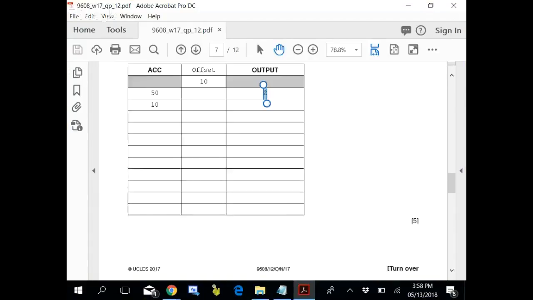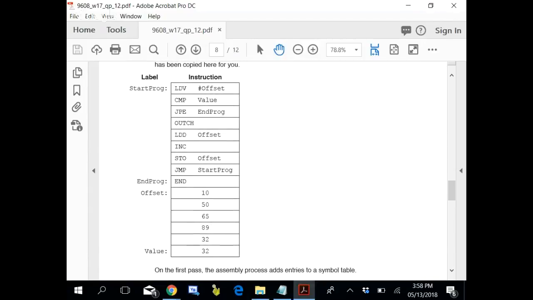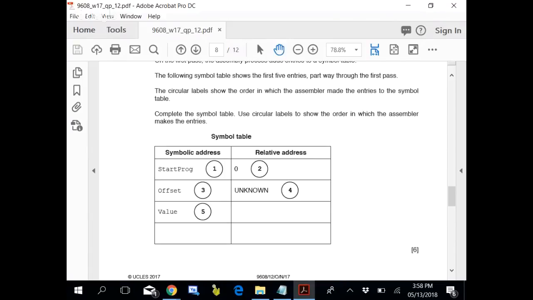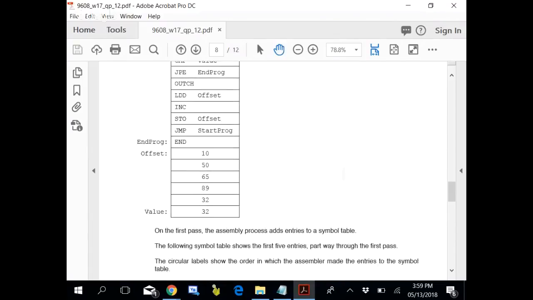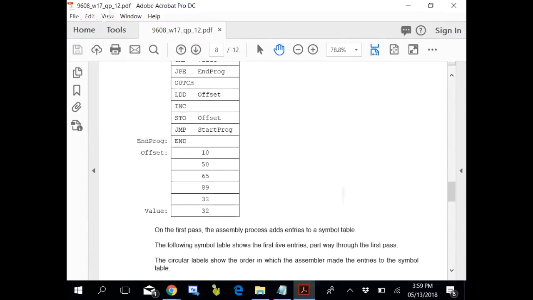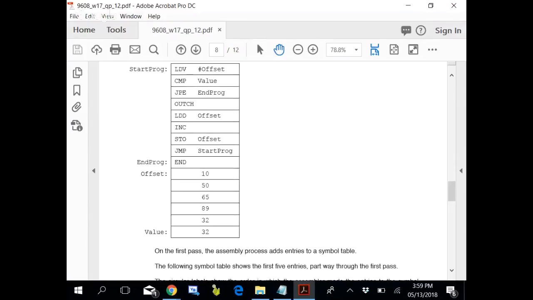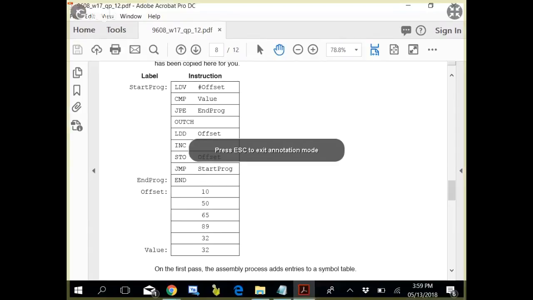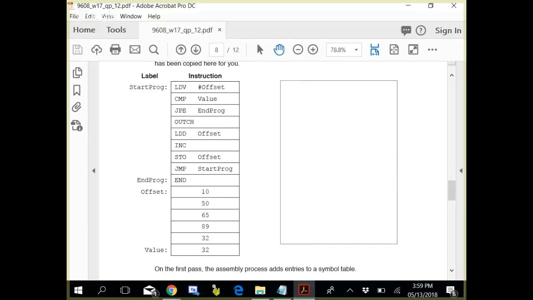Now the same table called symbol table with 2 columns.